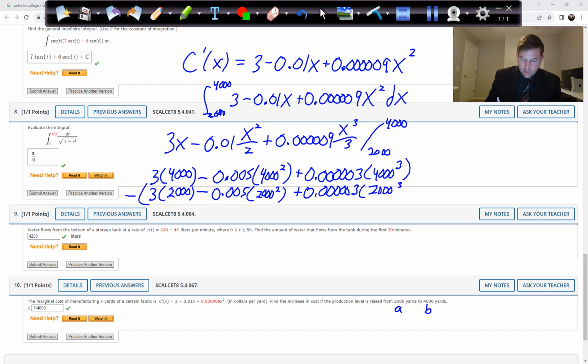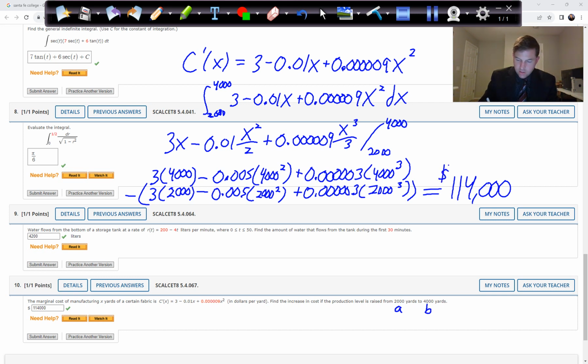The hardest thing here is just keeping track of these numbers on your calculator. So these bottom 3 numbers, you're going to flip the sign and everything. So it's going to be negative 6,000, positive 2,000 squared times 0.005, negative 0.000003 times 2,000 cubed. And then the top numbers, take those 3 numbers minus these 3 numbers. And again, if you do this very, very carefully, you should get, at least for my numbers, 114,000. So that's the cost,